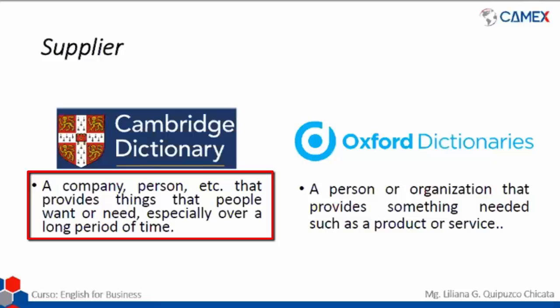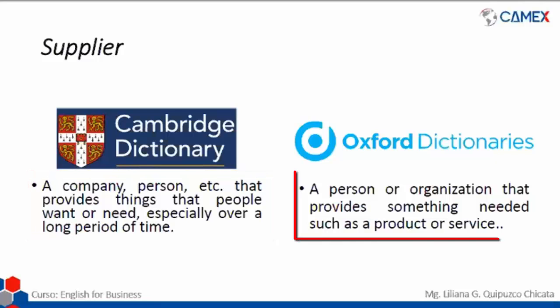On the other hand, Oxford Dictionary says that a supplier could be a person or an organization that is going to provide something that you need. That could be a product or a service. Let's see the differences. In Cambridge Dictionary, we see that it says for a long period of time. On the other hand, Oxford Dictionary doesn't mention any kind of period of time. So we can make a comparison and we could say,